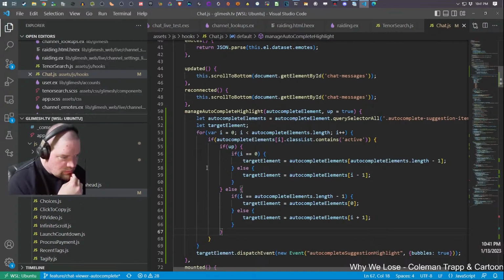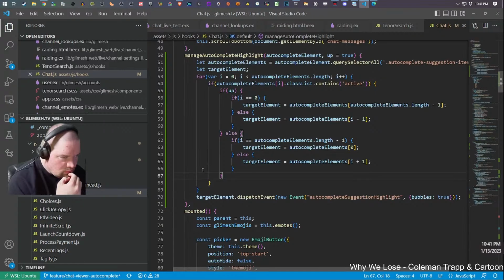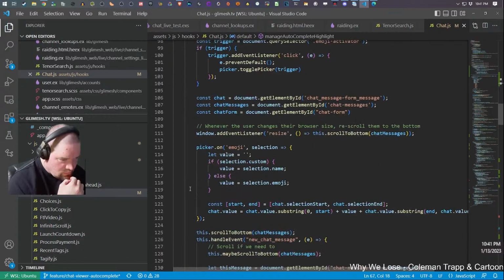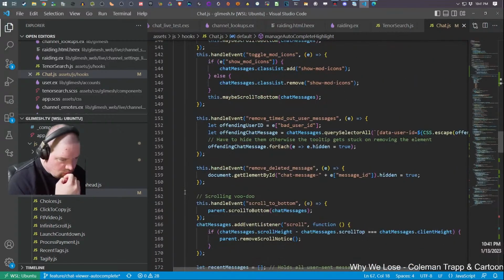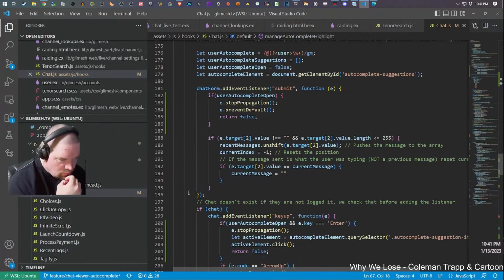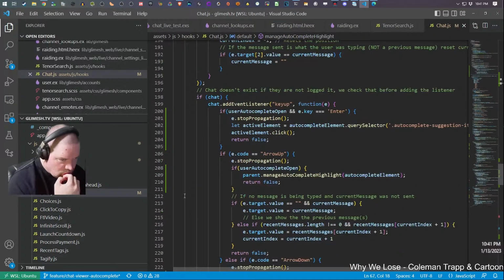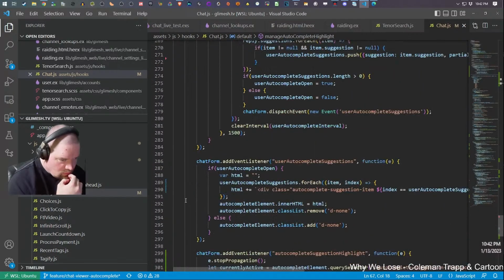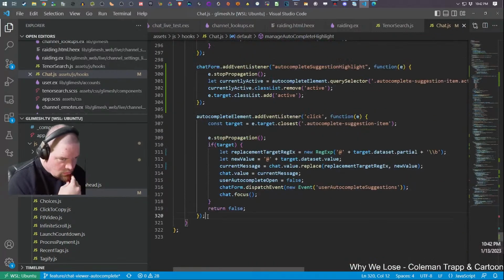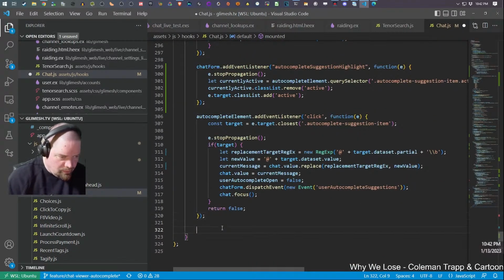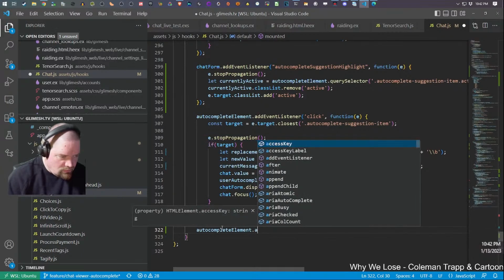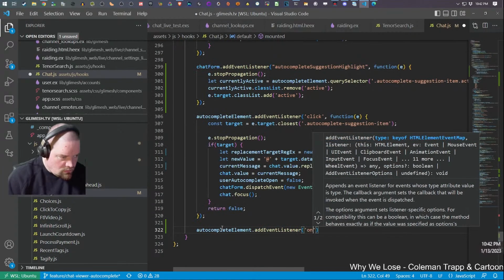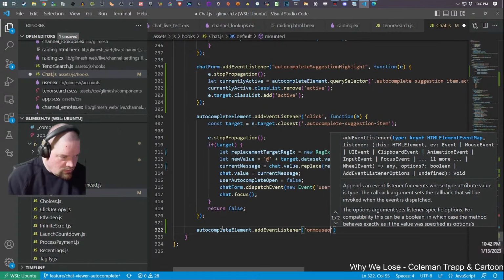But I have to call it on the thing that I'm hovering over. So it would be down here, autocomplete elements, add event listener, on mouse over.